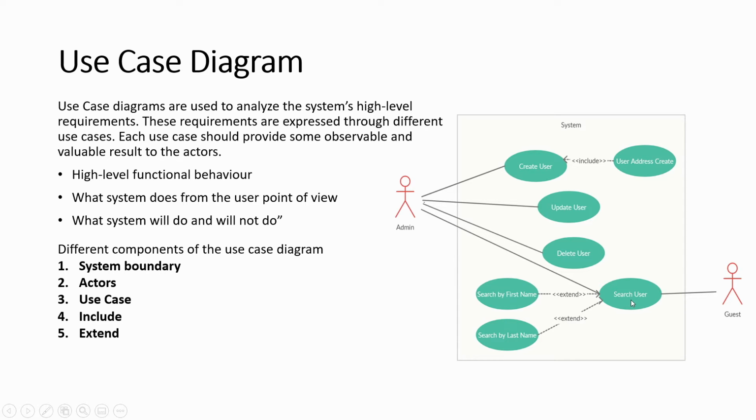So this is what your use case diagram will look like for any system you draw. During your low level design, when you are drawing your use case diagram, the first thing is to write down what use cases you have and who your actors are, and then start drawing the use case diagram. All right, so the next UML diagram we have is the activity diagram.